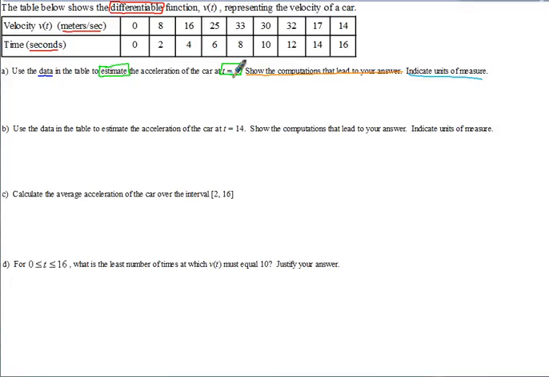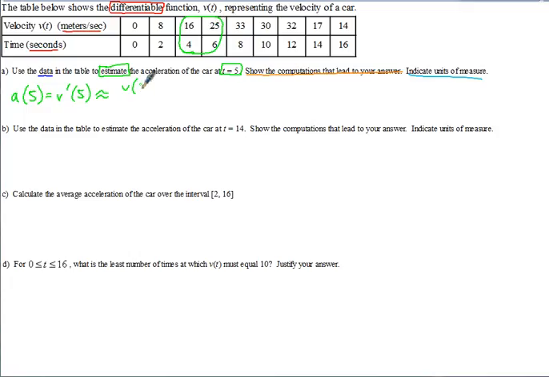All right, so let's look at the time row, which is the second row, for where time 5 is. Well, time 5 is right here between 4 and 6. So the best we can do, since we can't actually take the derivative and figure out the exact acceleration, is to remember another word for the derivative is the slope. So use the slope of the points closest to t equals 5. In this case, that would be these 2 points right there. So we can say a of 5, acceleration time, which is the same as v prime of 5, derivative of velocity, is approximately equal to